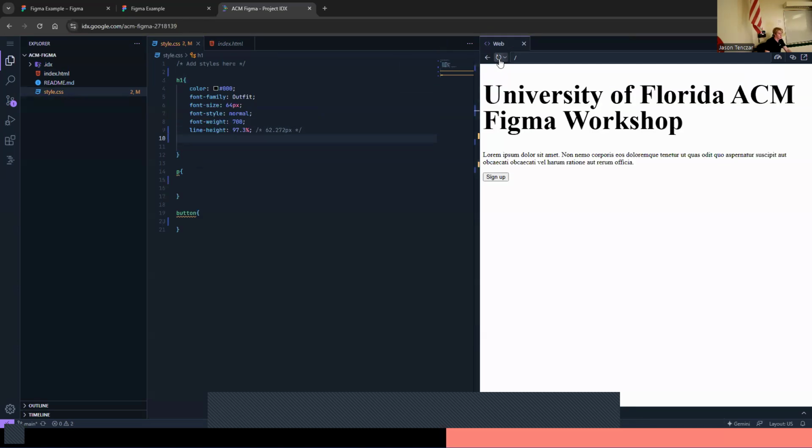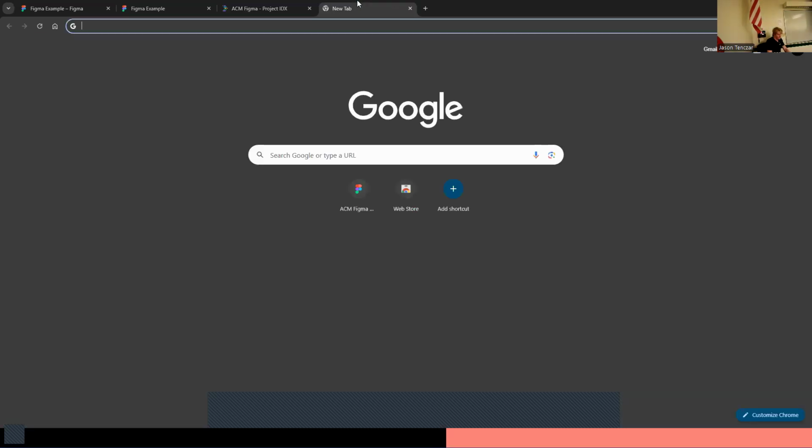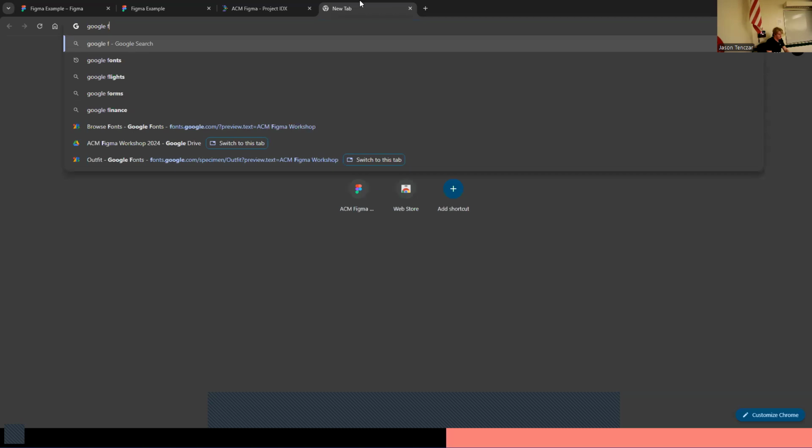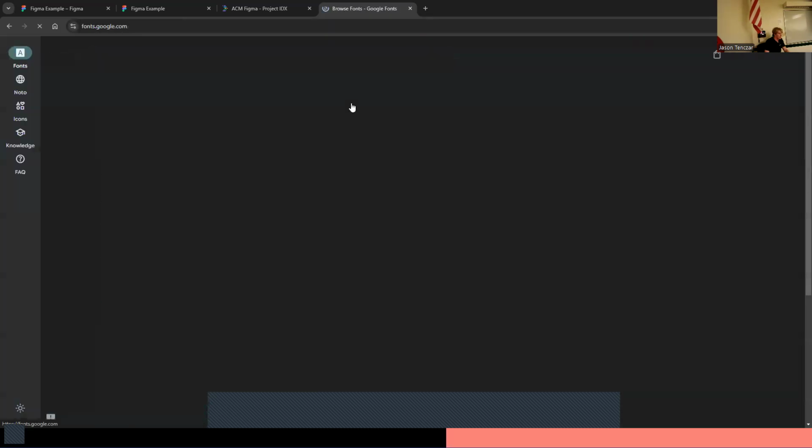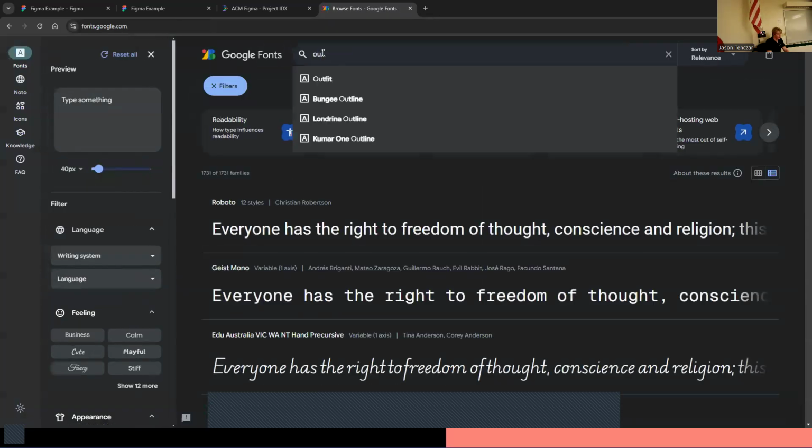So if I just save this and reload it, it's going to make it bigger. It's going to do the right sizing. It's going to do the right weight, but it's not going to be able to get our font. And that's where Google Fonts really comes into play. So if I look up Google Fonts and I look for our Outfit font,